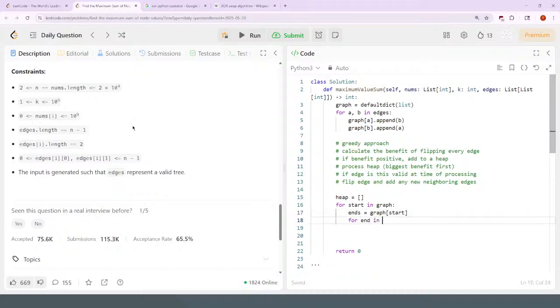And then for every end in ends, let's say value 1 is the nums at this start index, right? Both these things are indices. So value 2 is equal to nums at this other index. And I say if